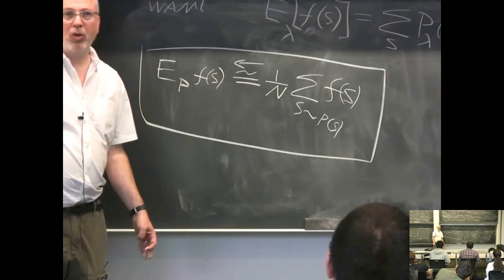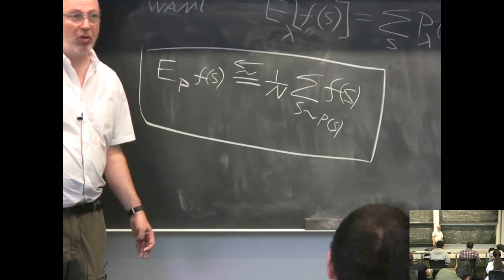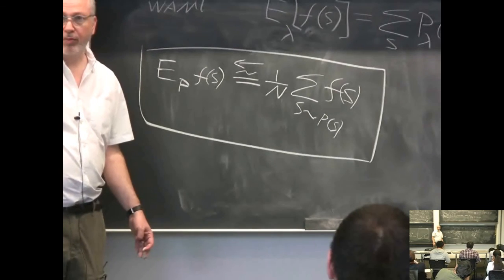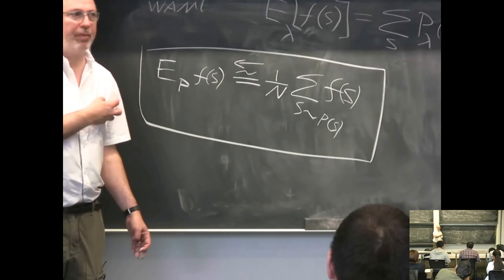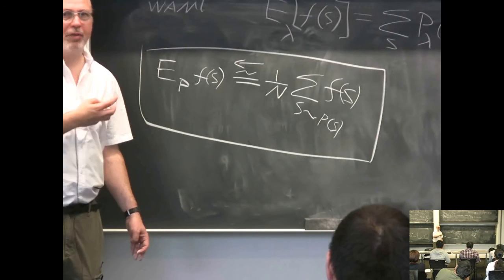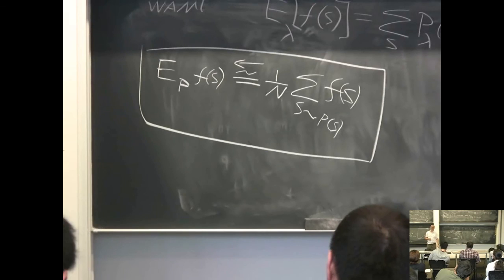Suppose I want to know the expected height of a person in the United States. No, not a good example, because I need different probabilities for different people. What's a good example? Suppose I want to know the expected